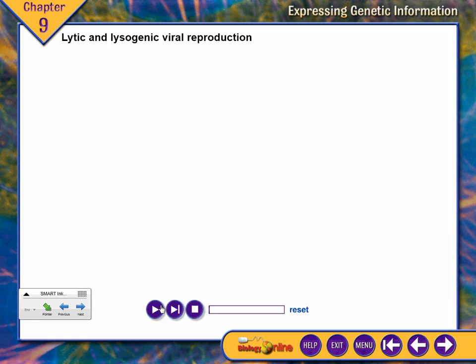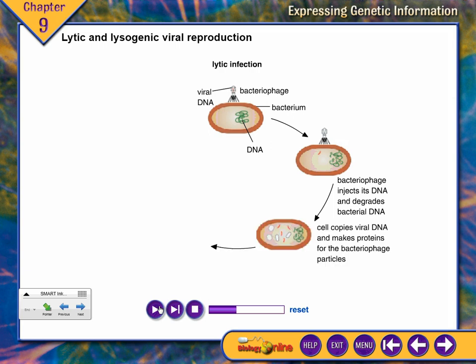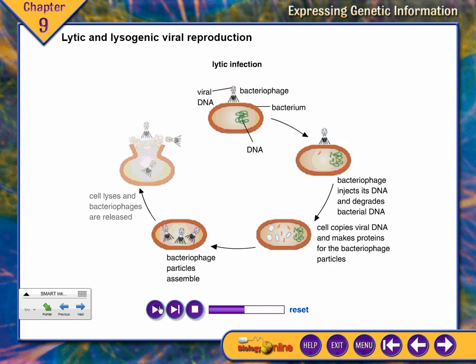Okay, so let's watch this. Beginning with infection of viral DNA from a bacteriophage, there are two paths of viral replication. In lytic infections, the host cell's enzymes replicate the viral DNA. Viral genes are transcribed and translated on the host's ribosomes to make proteins for the outer capsule. New viral particles assemble. When there are many new viruses, the cell lyses or breaks open and releases them to